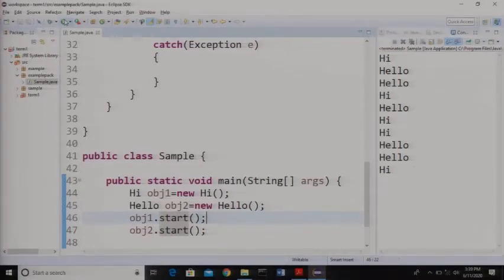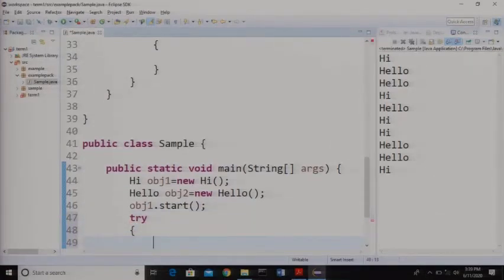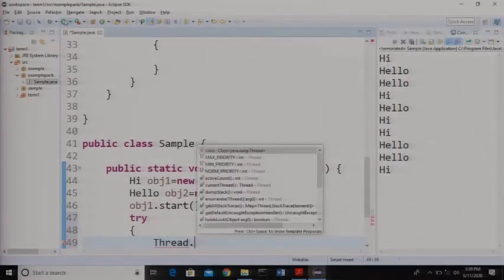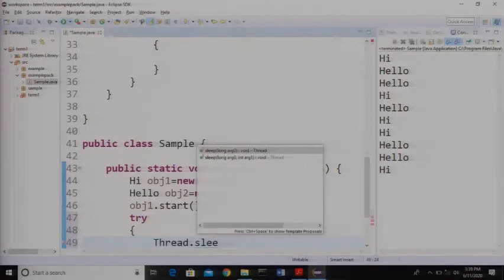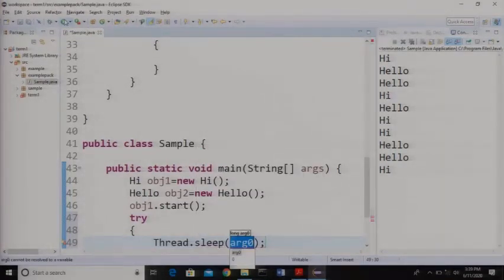So here after the first start method call, I will introduce a delay using the sleep method. Again, this might throw an exception. I have placed this within the try block and put some milliseconds of delay over here.